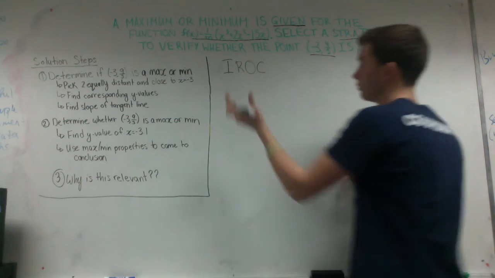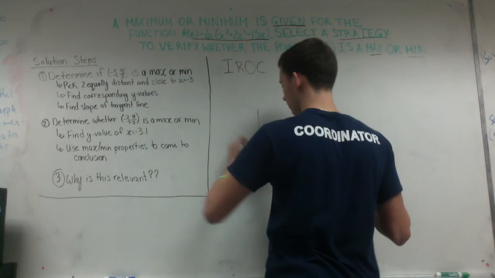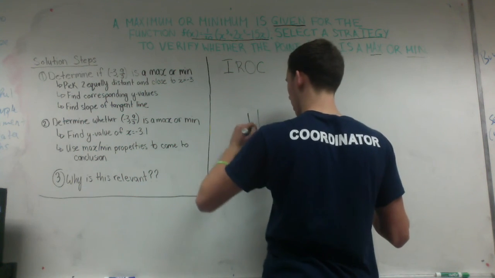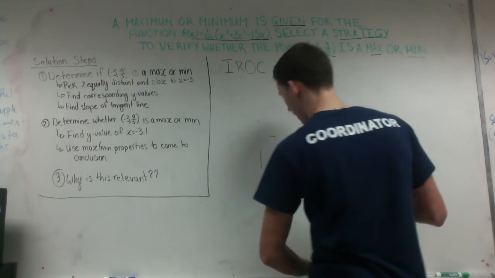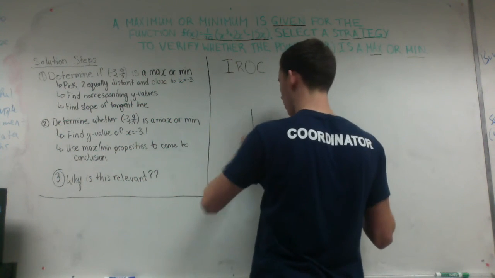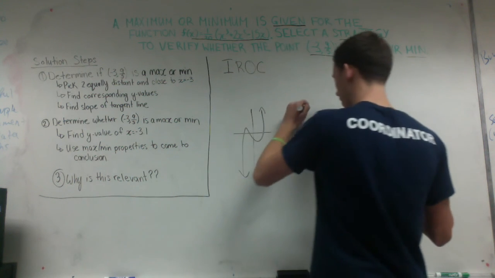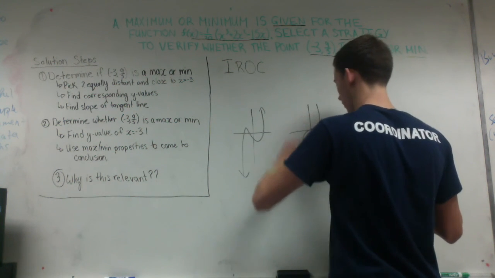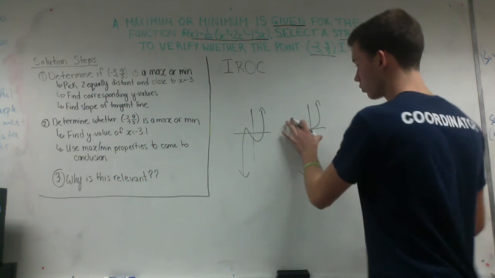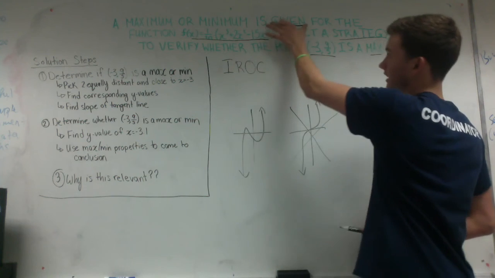So like I said, we're going to be using IROC, right? So we know that our function is a cubic function, right? So because our a value is positive, the only two functions we can have is something that would look like this. This is just a very rough sketch, if you were wondering. And this one, actually, we can't have our cubic function like that because, like I said, given, it's a very